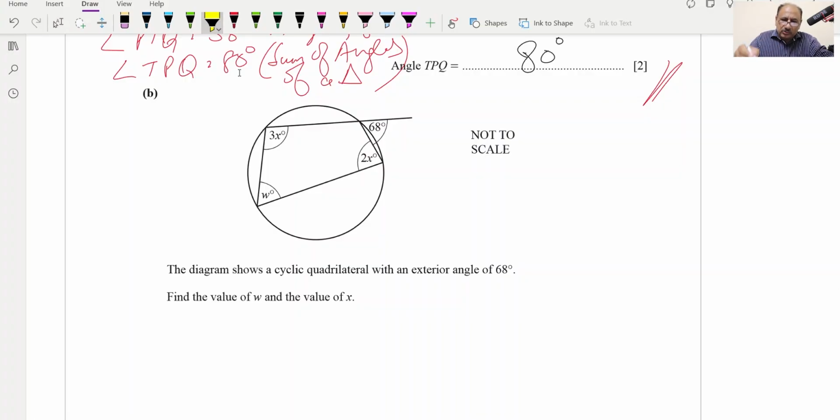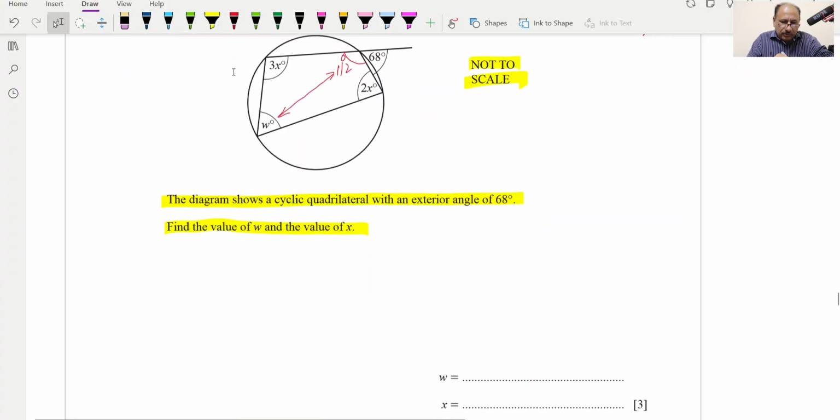Now this B part is not to scale diagram. The diagram shows a cyclic quadrilateral with an exterior angle of 68. Find the value of W and X. So the exterior angle is 68, so we can find the interior angle of this one will be equal to 112 degrees. Now opposite angles in a cyclic quadrilateral add up to 180 degrees, so we can write W will be